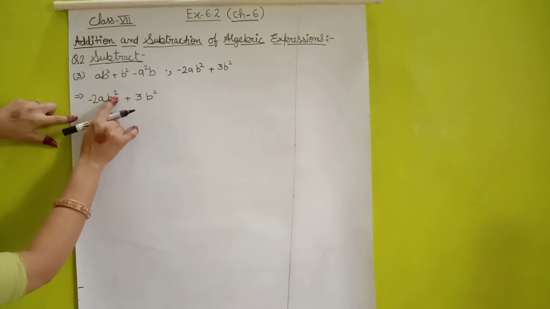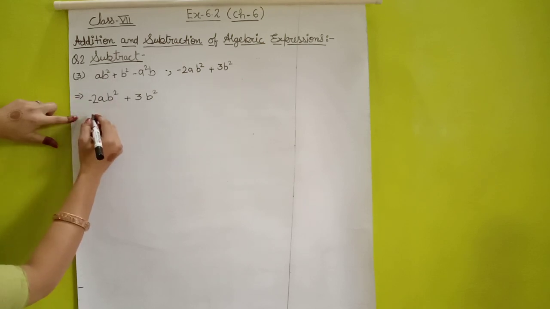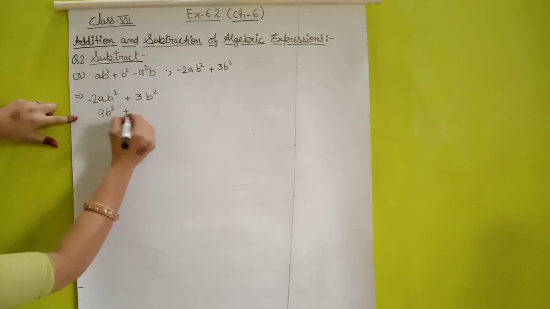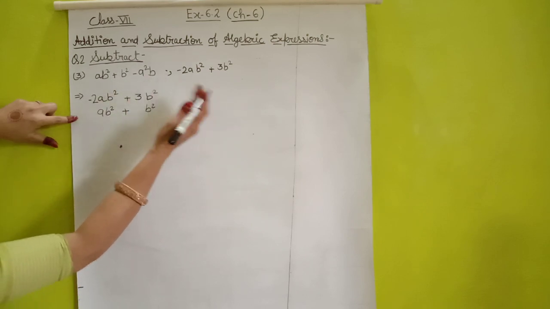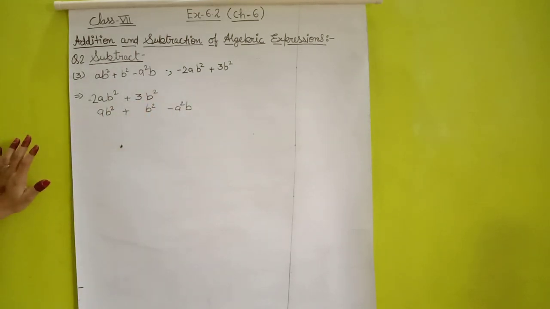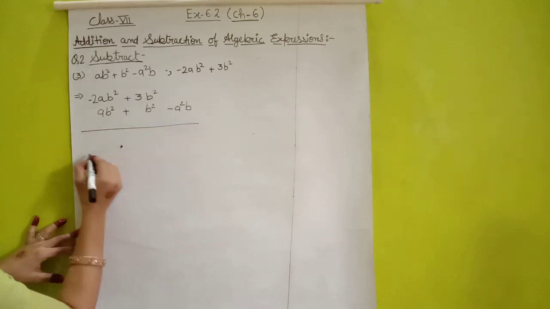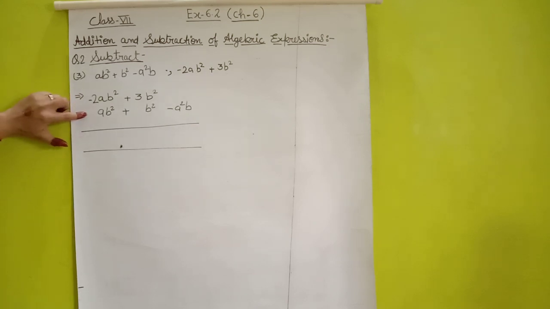Then ab square here, ab square. So where will it come? ab square will come here. Okay. Now only b square, so here b square. And a square b, no term is given. So here you can write minus a square b. Like this you can write. Okay students, now leave some space and then you can sketch 2 lines. Because students, in this column method, it is very important that we will change the sign of the last equation. We will change the sign.